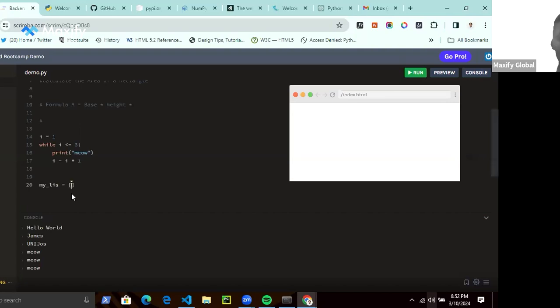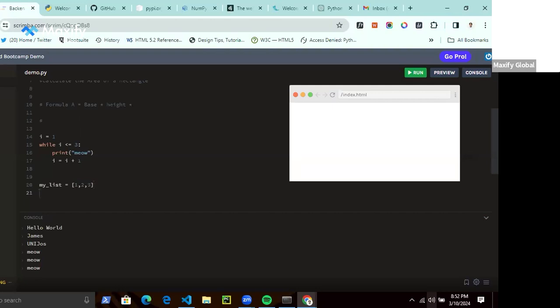My list is going to be an array, 1, 2, 3. It's going to be a list of numbers, 1 to 3, right? Stored into this variable called my list.